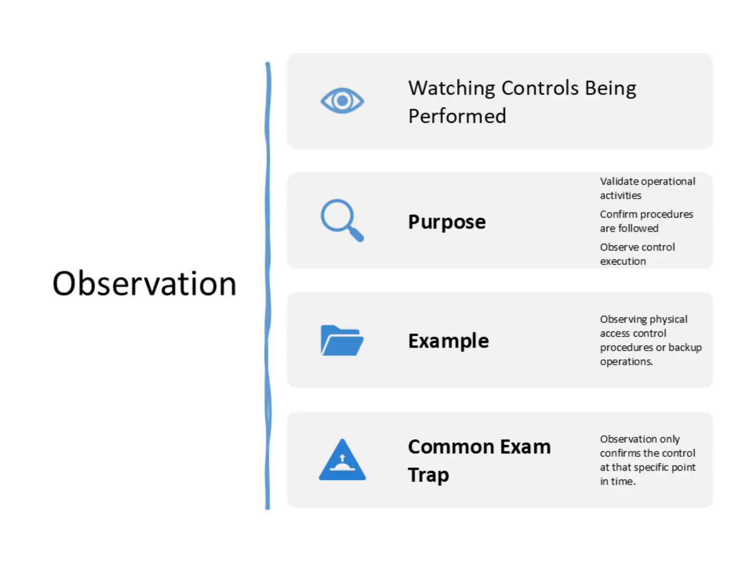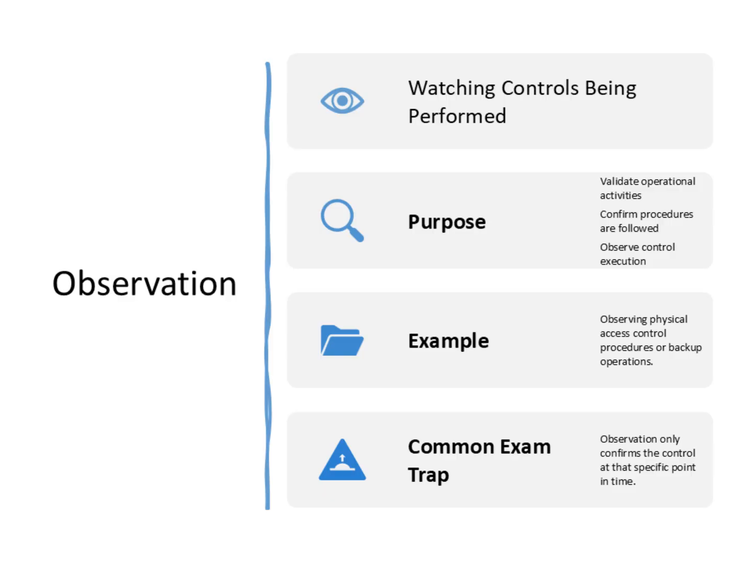Another important audit procedure is observation. Observation involves watching controls or operational activities being performed in real time. Auditors use observation to confirm the procedures are actually being followed and that controls are operating as intended. For example, an auditor may observe physical access control procedures, backup operations, or how staff handle sensitive information within a secure environment. Observation can provide valuable insight into how processes operate in practice, rather than how they are simply described